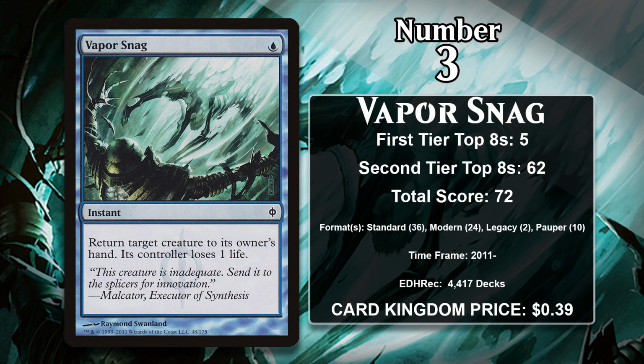For 1 blue mana, it's an instant that returns a creature to its owner's hand, and it makes that creature's controller lose 1 life. 1 mana is already a really good deal for the main effect of this card, so the fact it throws in an extra 1 damage is pretty great. Vapor Snag is super efficient for what it does, resulting in it having seen play in lots of formats, and